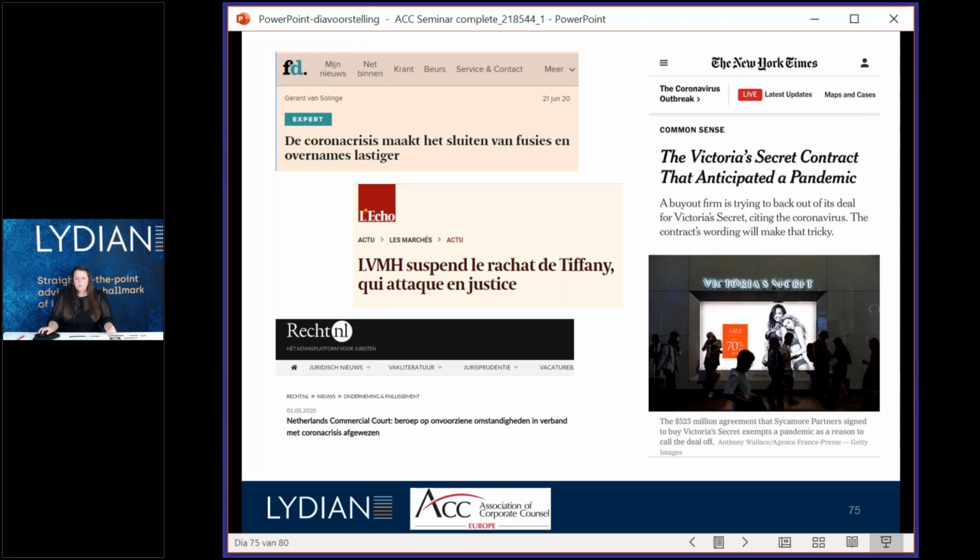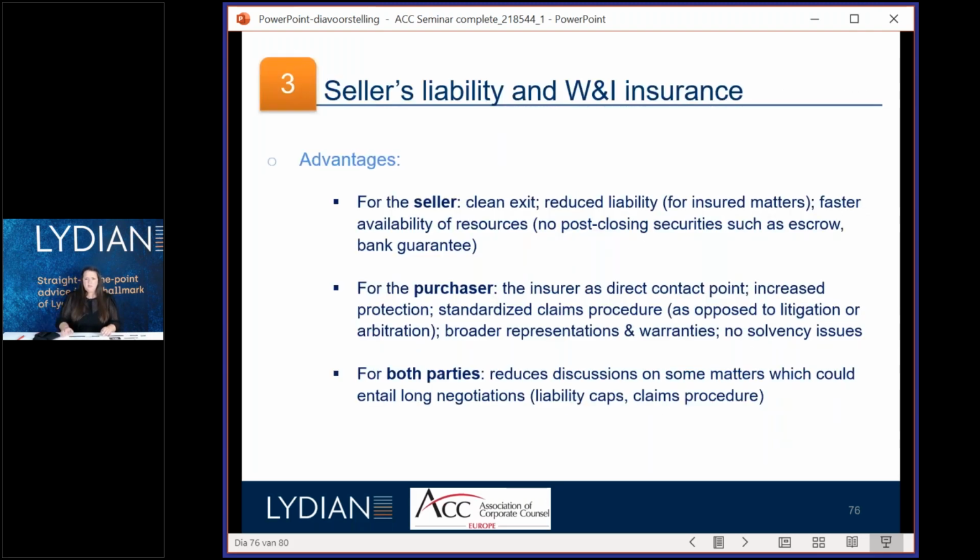All right, then moving on to our last topic, W&I insurance. I don't know if you are familiar with this concept, so I'll take a step back and give a bit of context. The seller's liability under an acquisition agreement can be quite significant in terms of amounts and in terms of duration. The buyer will expect that the seller takes full responsibility for the past, with certain limitations, of course. And the buyer will also expect to be able to claim such liability for a certain period of time. We often see 1 to 2 years, but it can be even longer for certain matters such as tax, where we usually provide the statute of limitations.